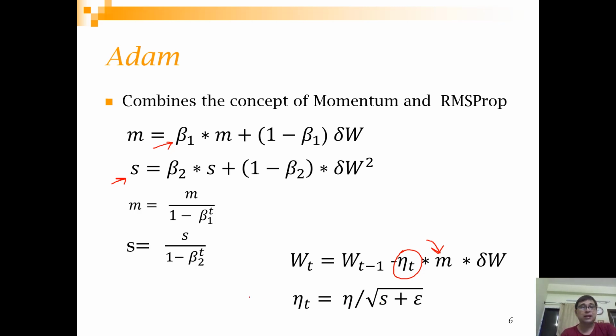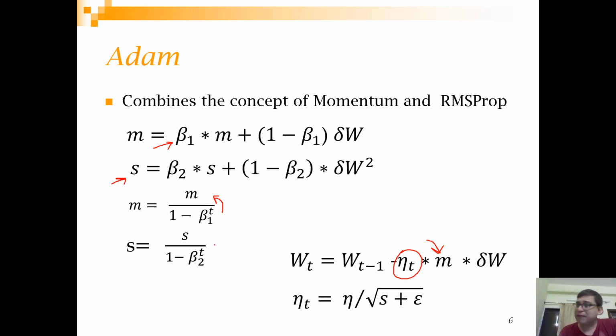What happens is that m and s start with very small values, very close to 0. So initially m and s will have very little value. So that this doesn't happen, you do this correction, where t is your iteration. In your initial iterations this will have a higher value, so it gets multiplied quite heavily. However, as you move on from iteration to iteration, this will reduce. Beta 1 and beta 2 are always less than 1, and that's the reason that as you move forward, this will have less of a dampening effect, right?